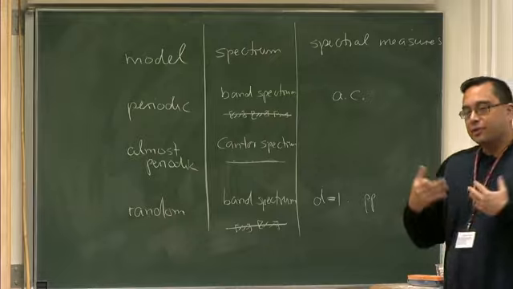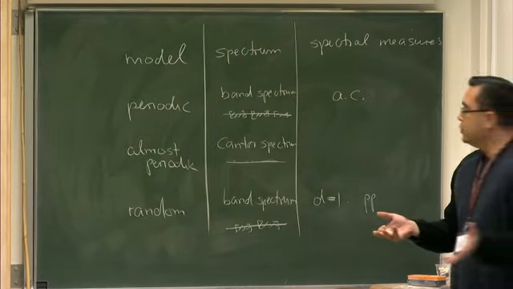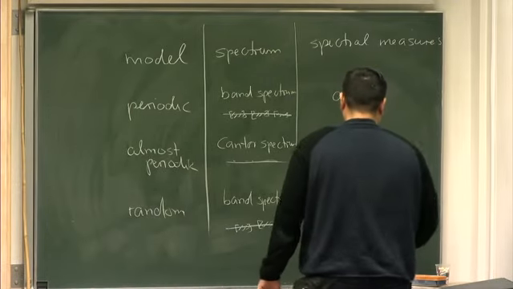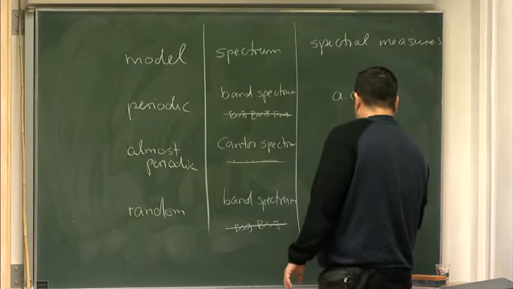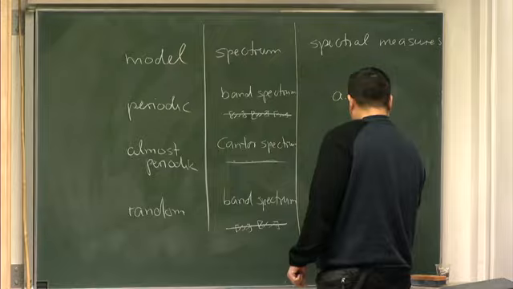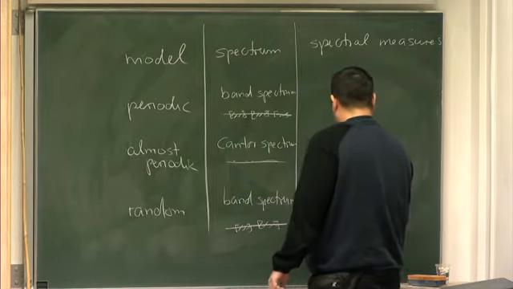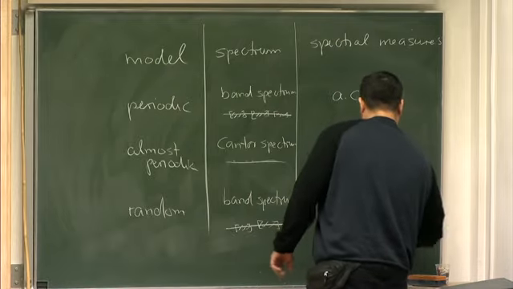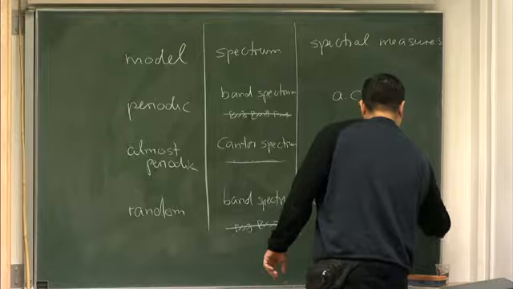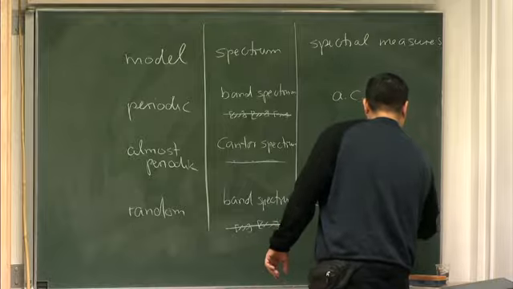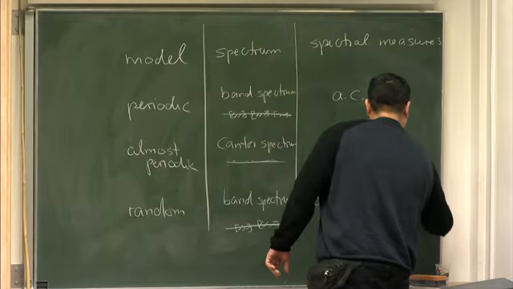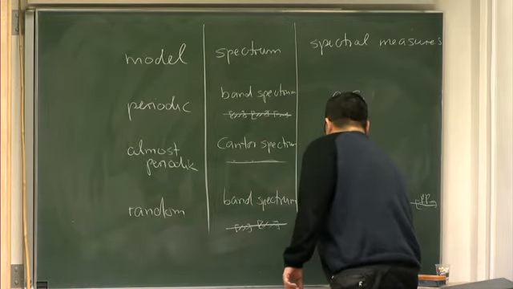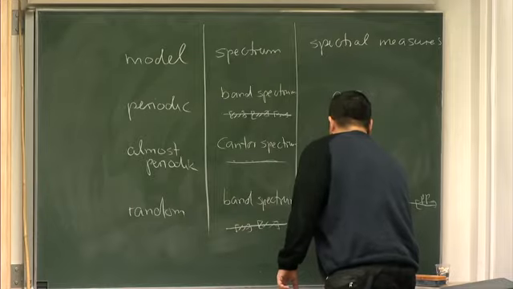In this case, these generalized eigenfunctions actually are honest L2 functions. And so this is known and completely understood. Then, let me look at these bands here. So it's pure point throughout. And so then in all dimensions,